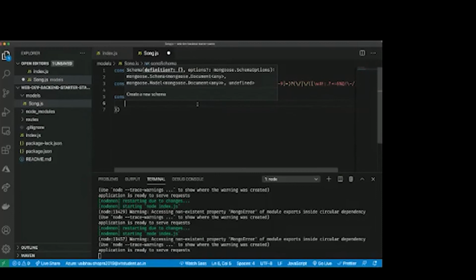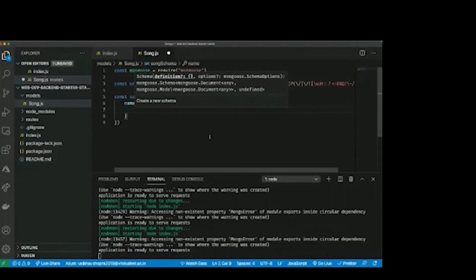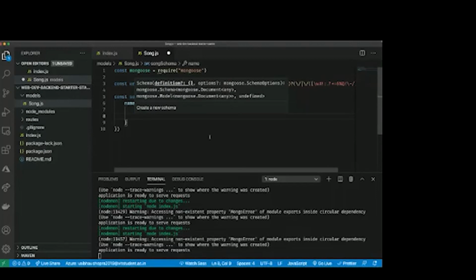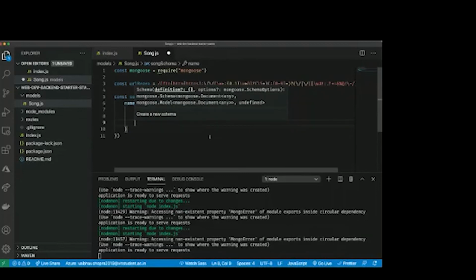It allows you to initialize an object. So we will have this name key in the schema, and the type of that would be string. Obviously, you won't want a number to be the name of a song, right? You want a string, and we will pass a boolean called required, which will be true, that it is required for me to have that name, because I don't want a song which is without a name.